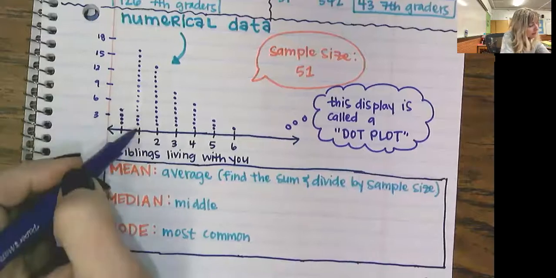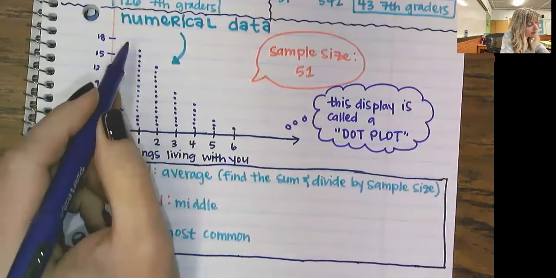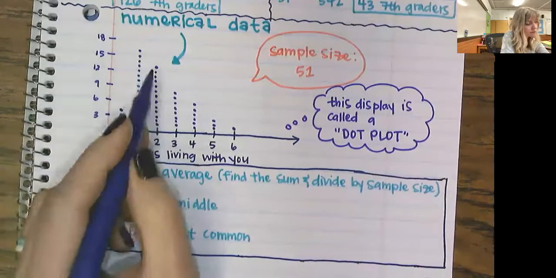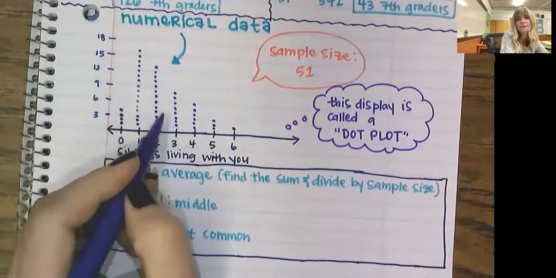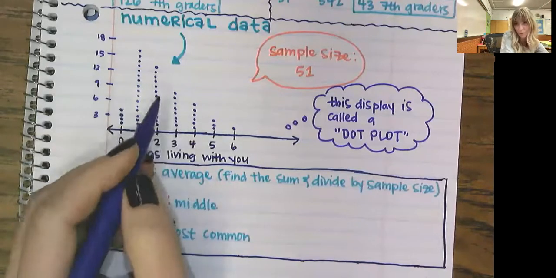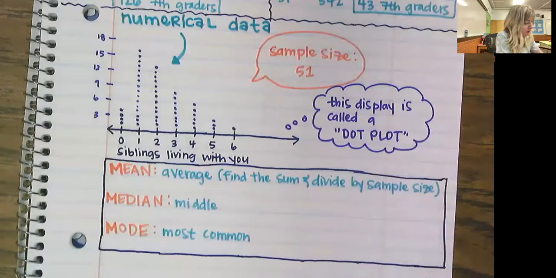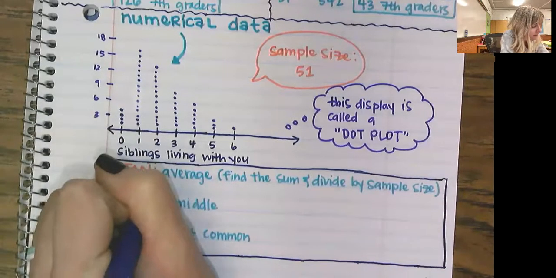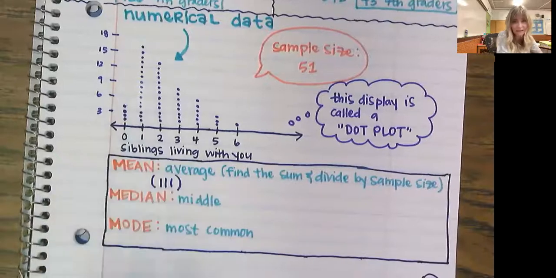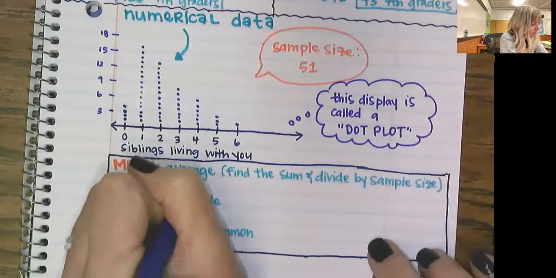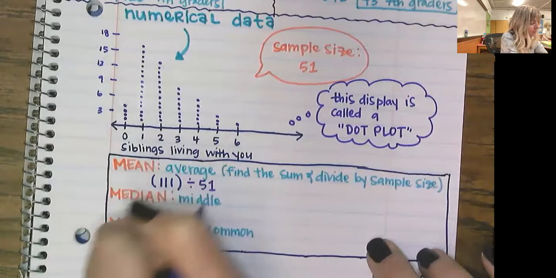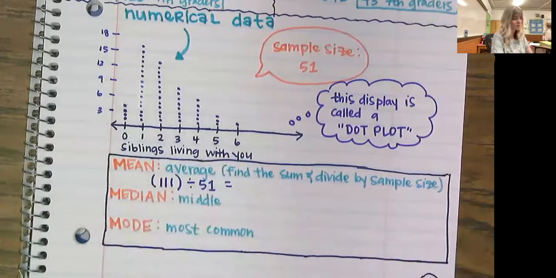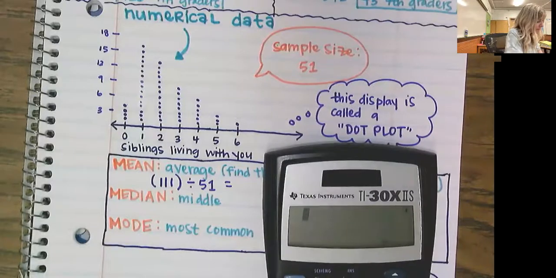And when I add all these up, so I got 16 1s, so that's 16, 13 2s, so that's 26, right? 8 3s, so that's 24. Does that make sense? I'm actually adding them all up and I got a total of 111. So the sum of all of them is 111, and dividing by the sample size means I'm dividing by 51. How many pieces of data are there? So 111 divided by 51